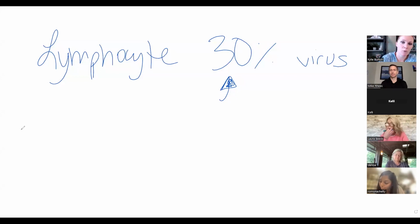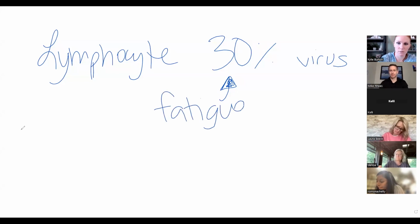This is the number 1 driver of fatigue. I don't care if it's long COVID. I don't care if it's mono, Epstein-Barr virus. I don't care what virus it is. If it's above 30%,